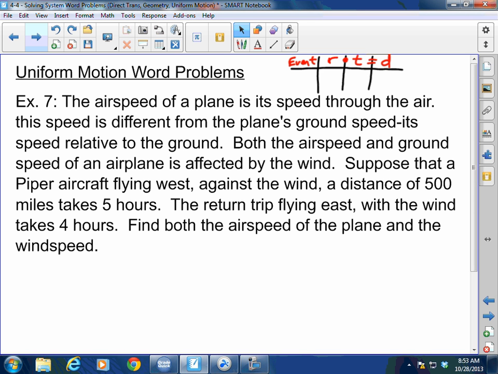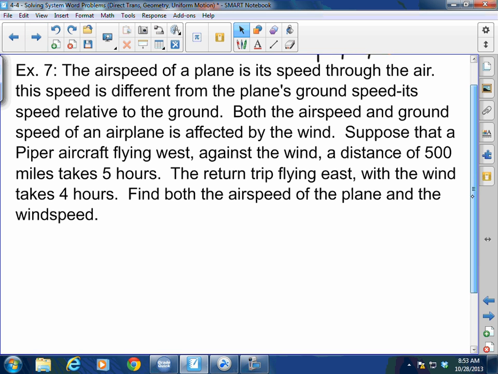Okay, suppose that a Piper aircraft, a type of small plane, flying west against the wind, a distance of 500 miles, takes 5 hours. The return trip flying east with the wind takes 4 hours. Find both the airspeed of the plane and the wind speed. Okay, guys,